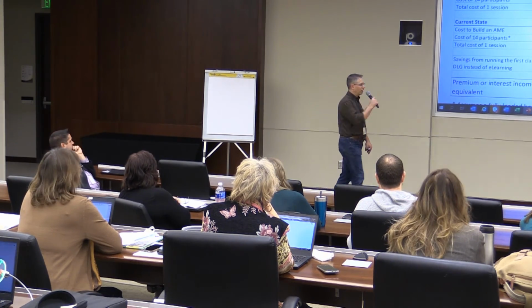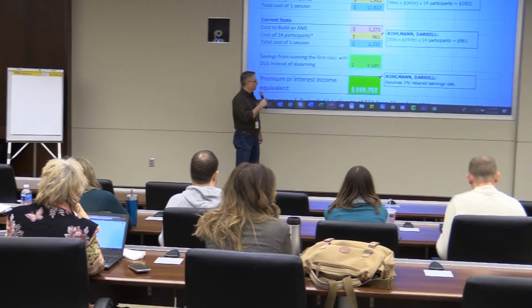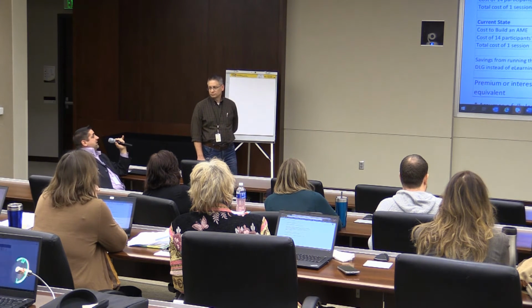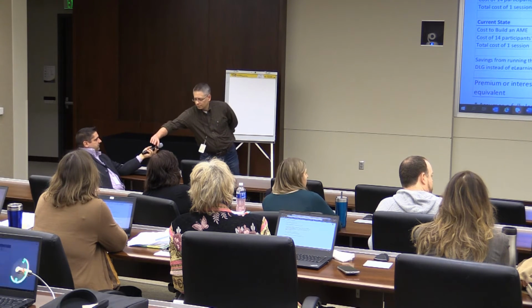So that 390, I just want to make sure I'm following. So 390, is that the equivalent amount of money that needs to be brought in in order to fund the $9,700 of costs? That is correct. Okay. So, can you repeat that, please? We couldn't hear it back here. I said the $319,000 on the bottom line is the equivalent amount of income or revenue that needs to be generated in order to produce the $9,700 of internal cost savings, right? At a 3% retained earnings, right? Okay, thank you.